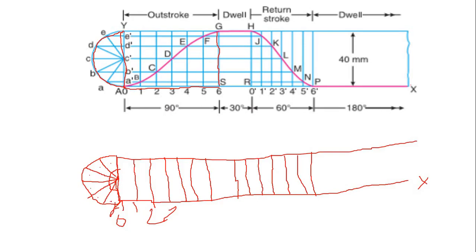Now the next process is to draw a horizontal line from each division line of the semicircle. You can see here and name all the points. This is A, B, the center point is C, D, E, and this is Y, and the lower point is capital A, which is at the 0. Now draw the horizontal line up to the return stroke. We can see here in the diagram, no problem if you cross, and after completing the diagram you can erase the line from here, but if we draw there is no problem.